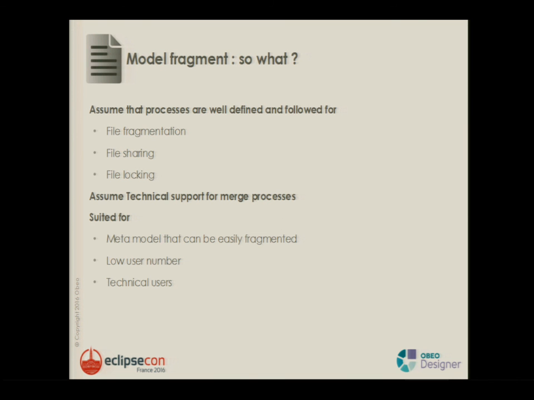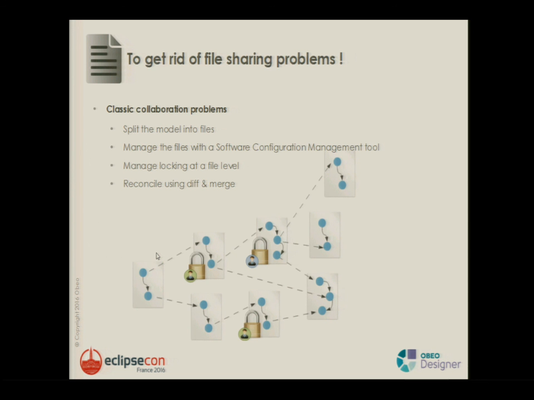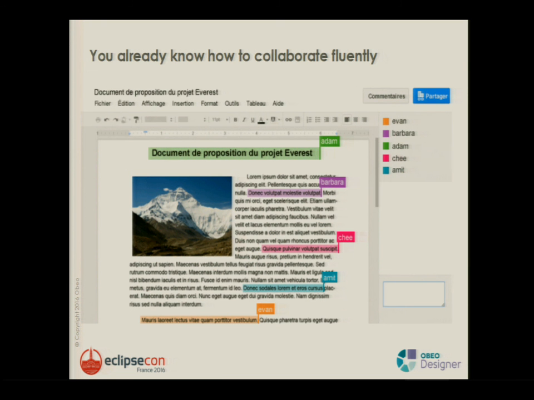So with model fragments, you need to care about some technical complexity, and you will have just the granularity of the file. So sometimes it is too constrained for your collaboration, and usually with a large team, it just doesn't scale, it's a heavy process and quite complex. So the goal now is to get rid of file sharing and to not have this kind of graph, which is usually the start of all the other modeling tools on the market.